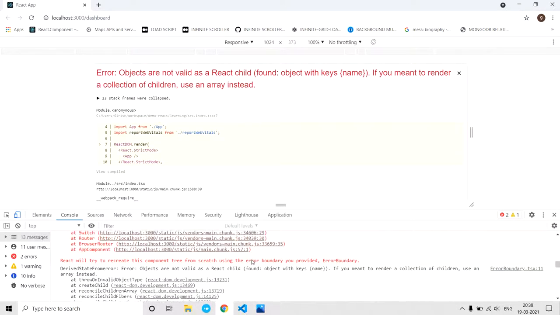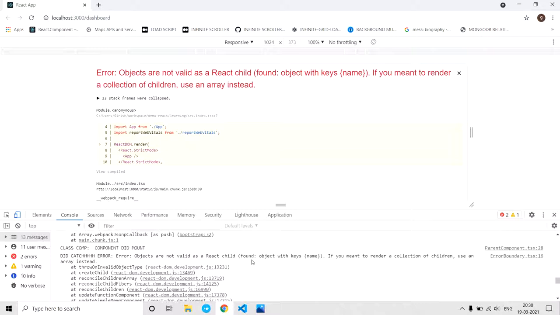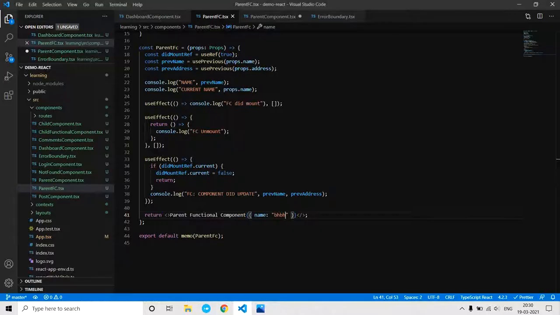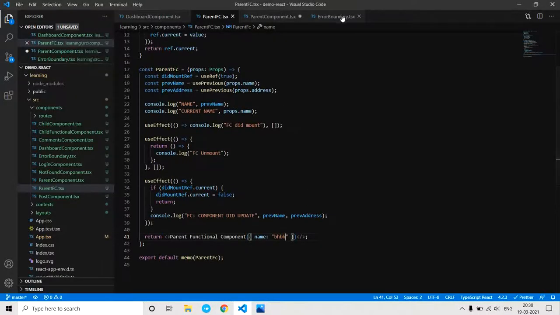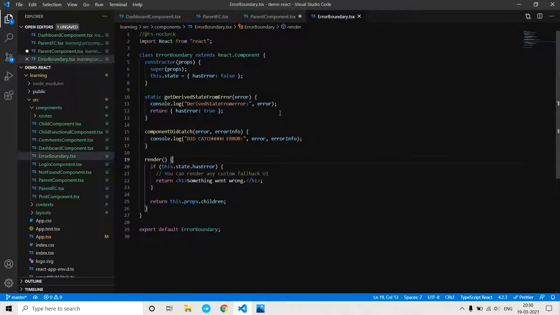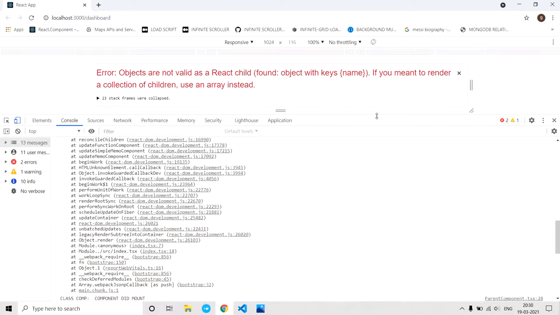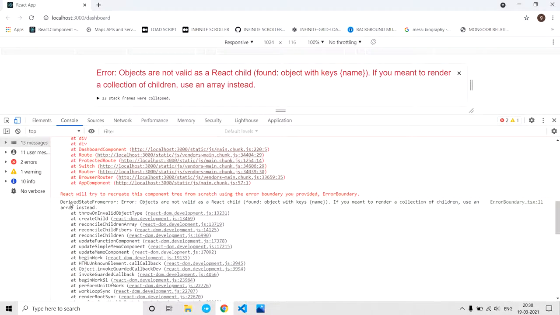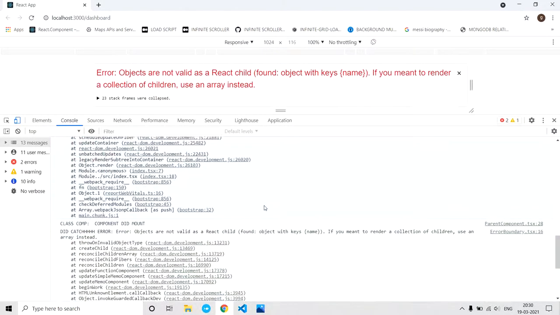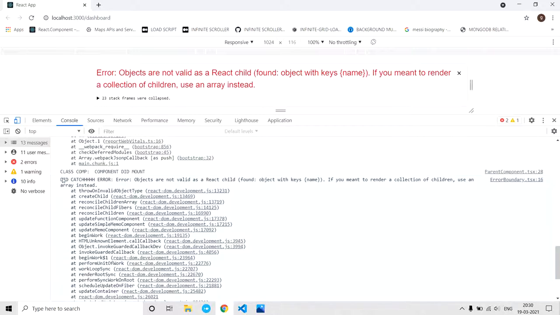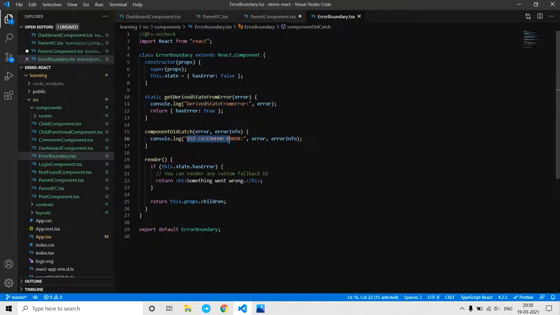Now we have this class component, as you can see. I'm consoling these two, getDerivedStateFromError, which you see here, and componentDidCatch error. As you see, this label which I'm highlighting is present here. So this is pretty straightforward.